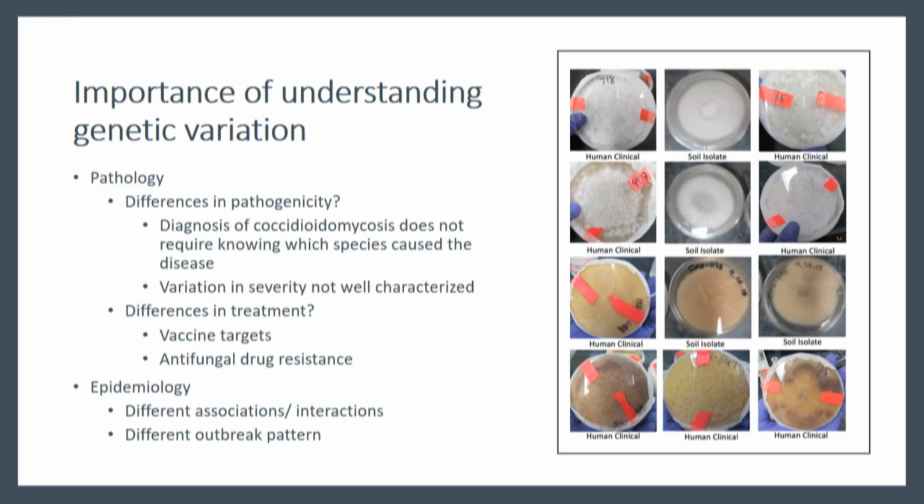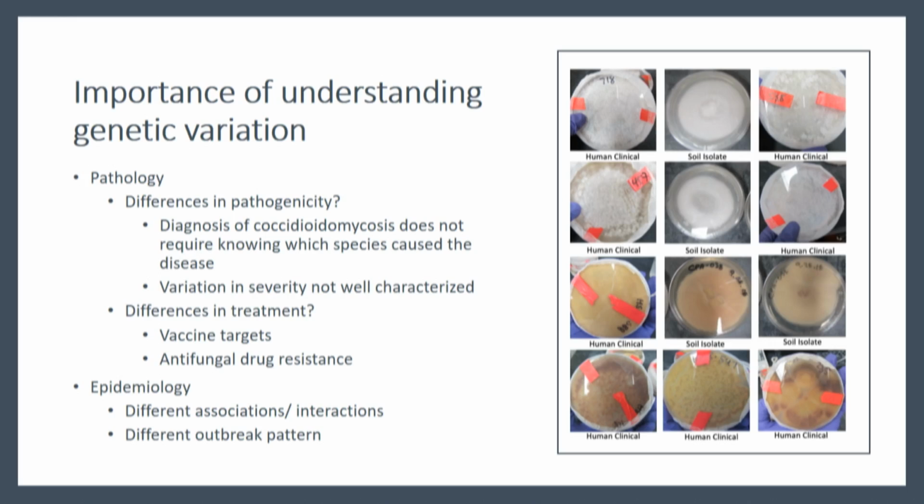So, when we're trying to design a vaccine, we want to make sure that we're covering all of the genetic variability as well. Differences in antifungal drug resistance, and that's emerging. So again, is maybe one particular population, or one species versus the other, more or less antifungal resistant? And then for a lot of the stuff that we've already been thinking about in the epidemiology piece, are